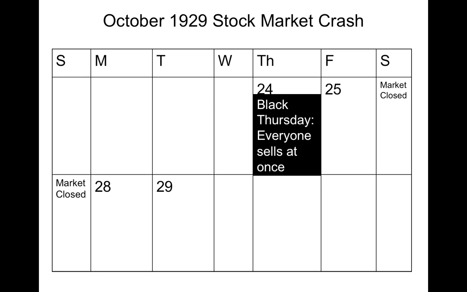That said, on October 24th, there's a day called Black Thursday where investors had started to worry that the prices of the stocks had gone up very high and really weren't representative of how successful the companies were. And so the idea was you should sell the stock at the highest price you're ever going to get for it. So people start to sell stock.